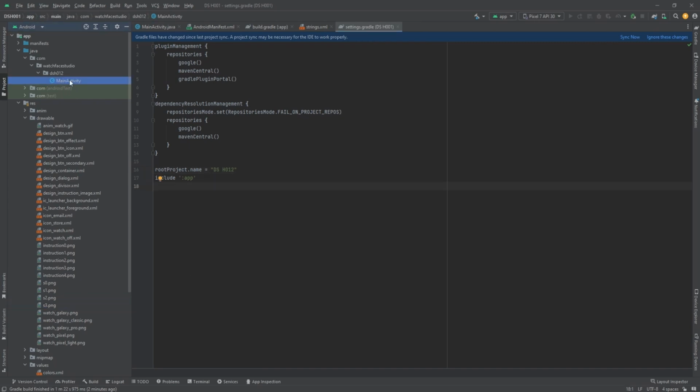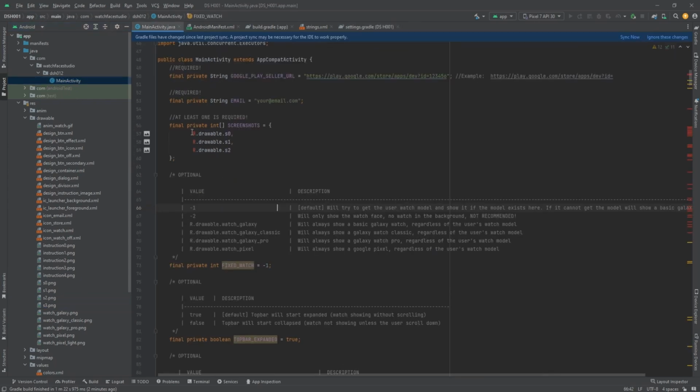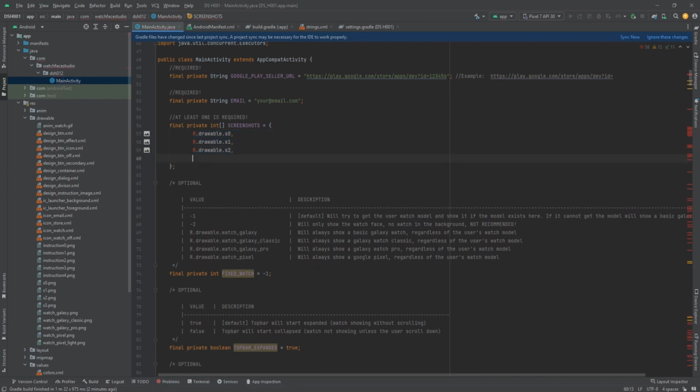Once you have added them, go to the main activity file and add or remove the references. In my case, I need to add one, the S3. Don't worry about the errors. Oh, in case you are using the watch face's icon, you also need to add a new icon. The process is the same. In case you are using my custom icon, you only need to change it if you change the main color of the app. Once it is done, click on Sync Now and wait.